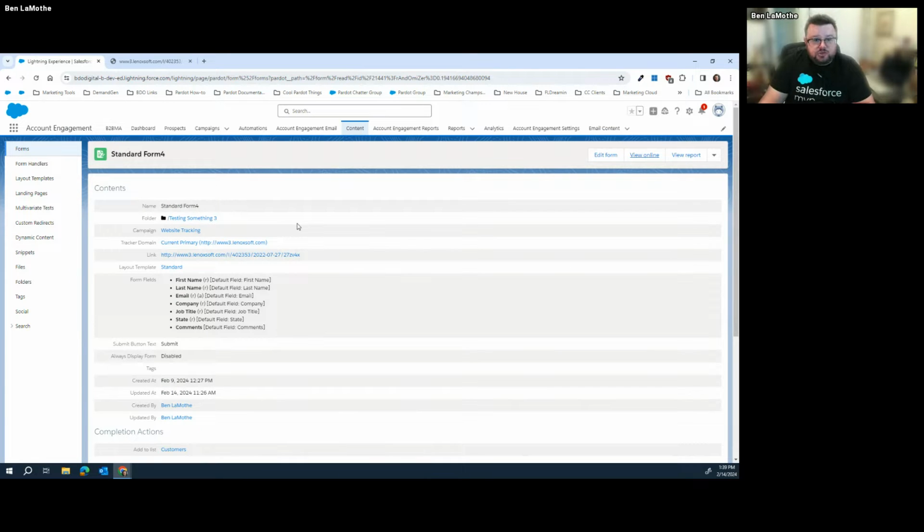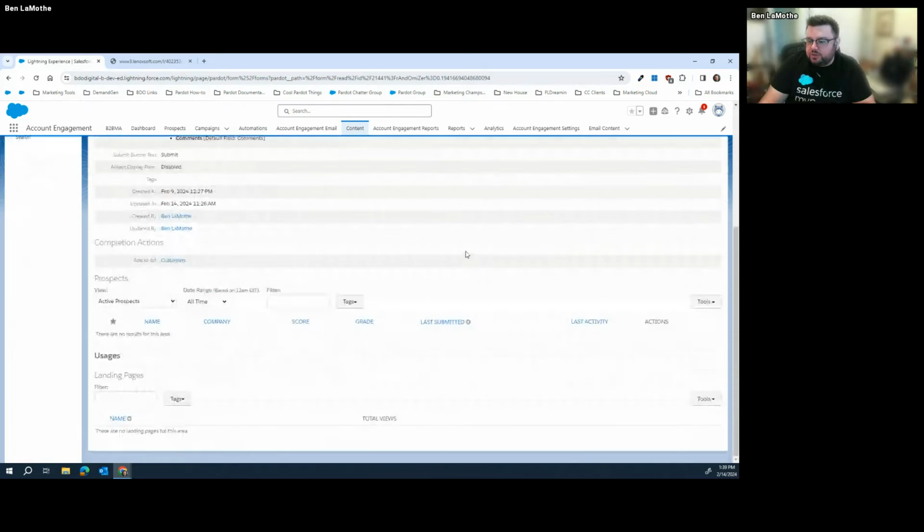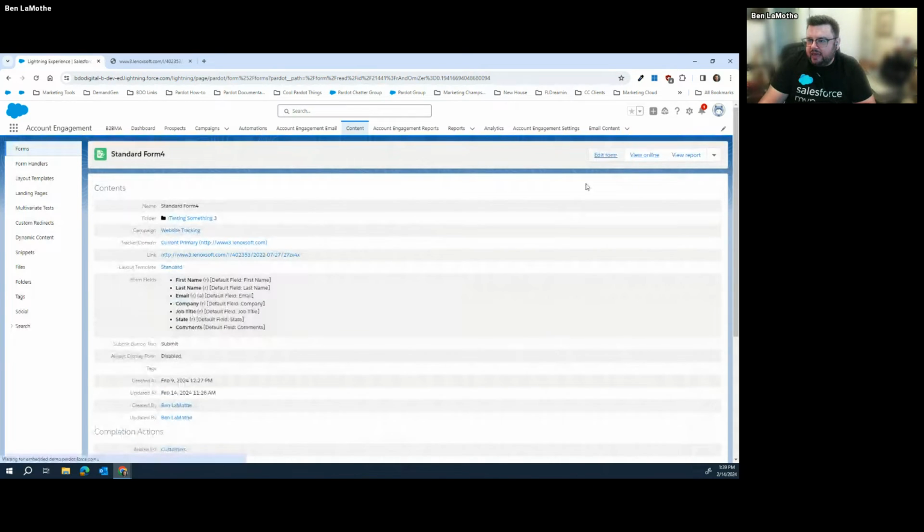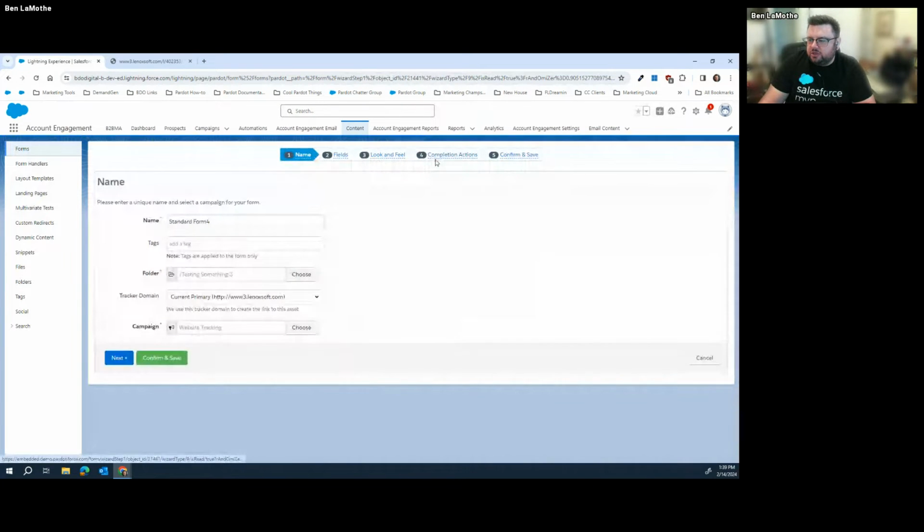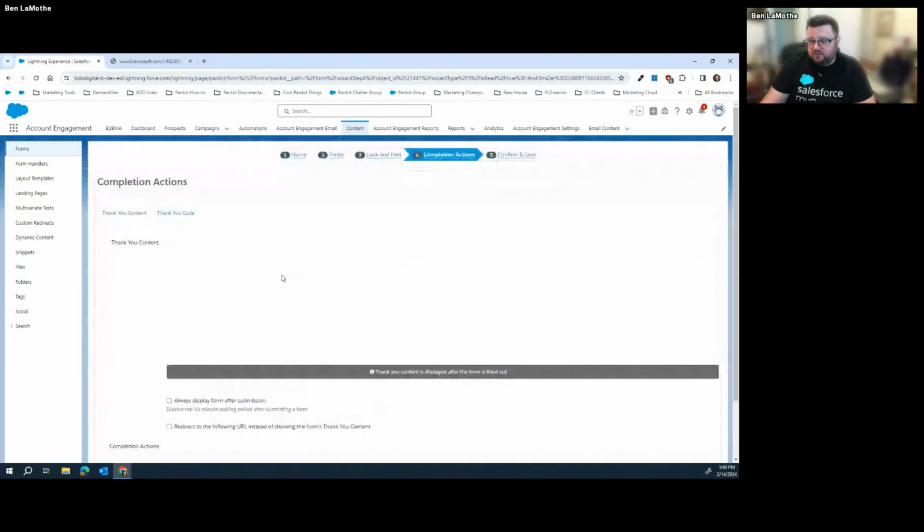I now need to be able to send them to the right person based on that state. In order to do that, there's a couple ways that you could do this. You could use this if you happen to have a singular person who's responsible for Florida and you don't need to do the assigning of the region. If you don't need to say, I need to create a field that is Southeast, for example, you could just do this out of the form and assign people using a completion action that says, okay, I already know that